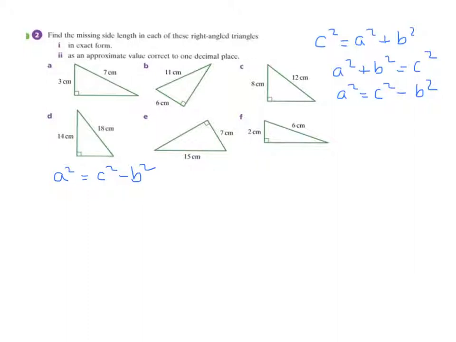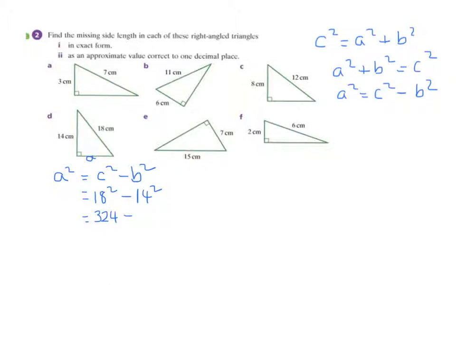Now, which question will I choose to do? I'm going to choose D this time, so it's just ahead of us. Now, it hasn't got any letter there, so I'm going to write an A on there. So now, there's my A squared, my C, here's my hypotenuse, because there's my right angle triangle straight across. So I've got 18 squared, take away 14 squared, put that into my trusty calculator, and I get 324,